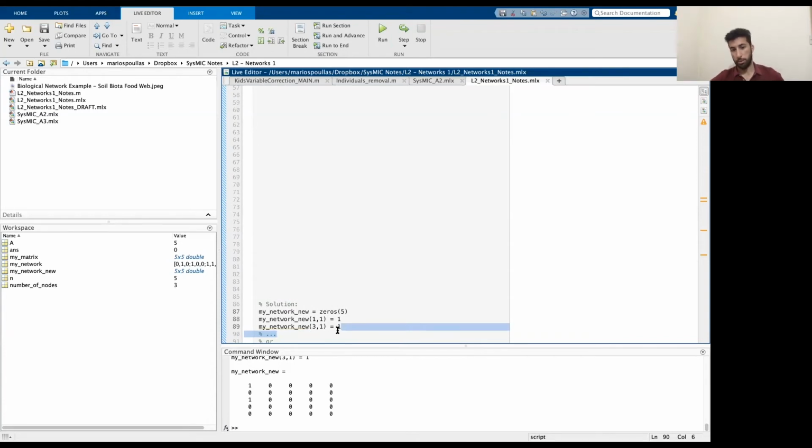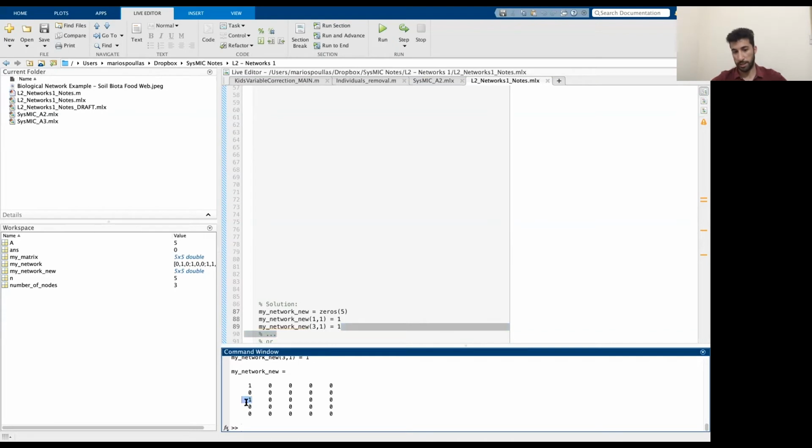3, first column, setting it to 1. This is what I did here. Then I'll go to 4, 5, 6, 7, 8, 9, 10. As you can understand,